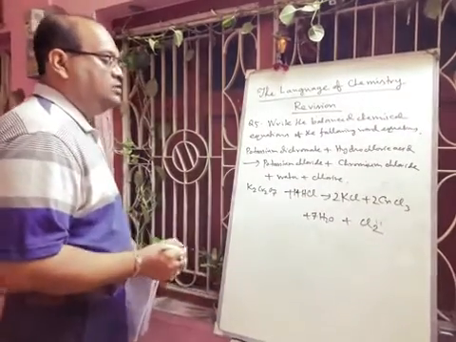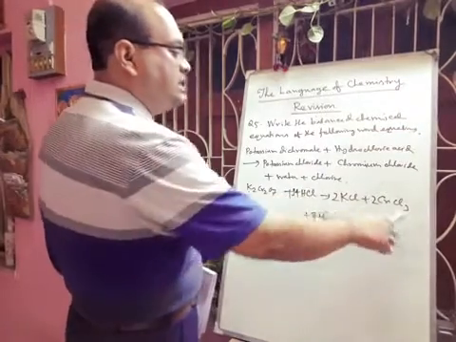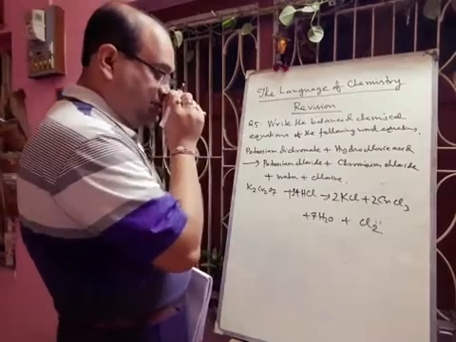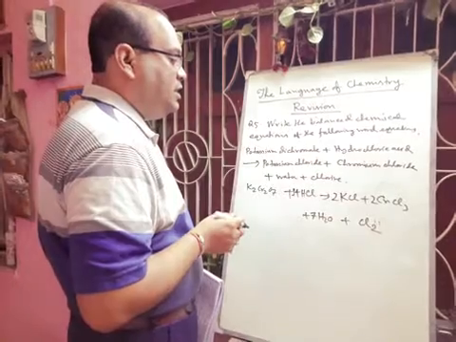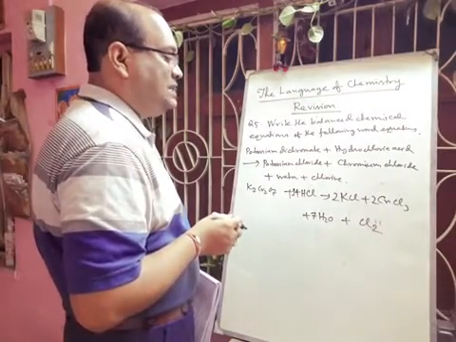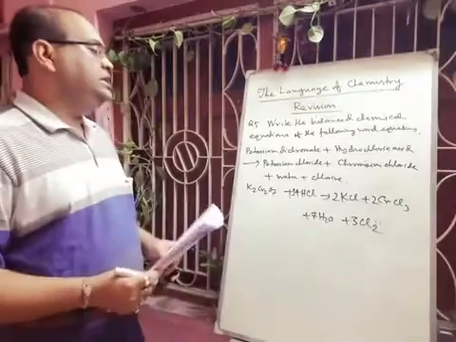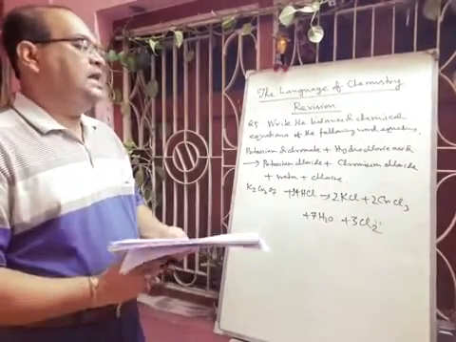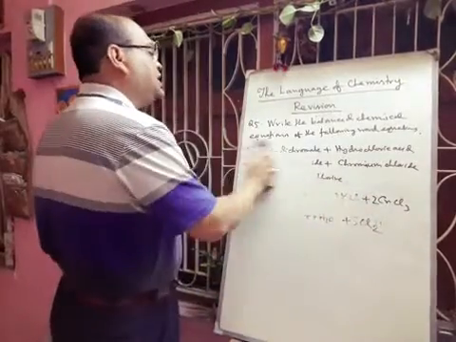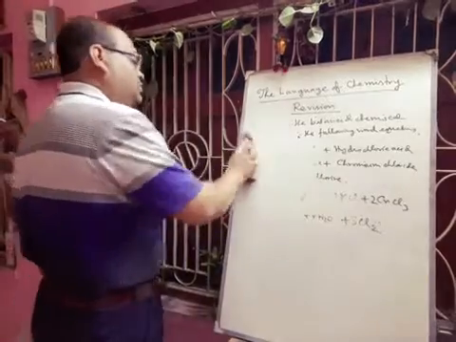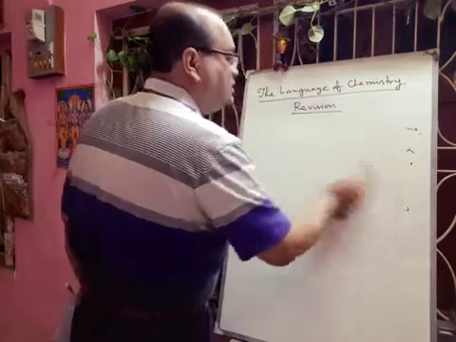Okay. Now you check the chlorine. Total chlorine is here 14 this side, and this side 6 plus 2, that is 8. So 8, that means how much required? 6 chlorine. So here you put 3. Now this equation is balanced. Okay. So in this way, hit and trial method, you have to balance the chemical equation. Many examples are given in your book that you have to practice, as well as exercise solutions I am giving.